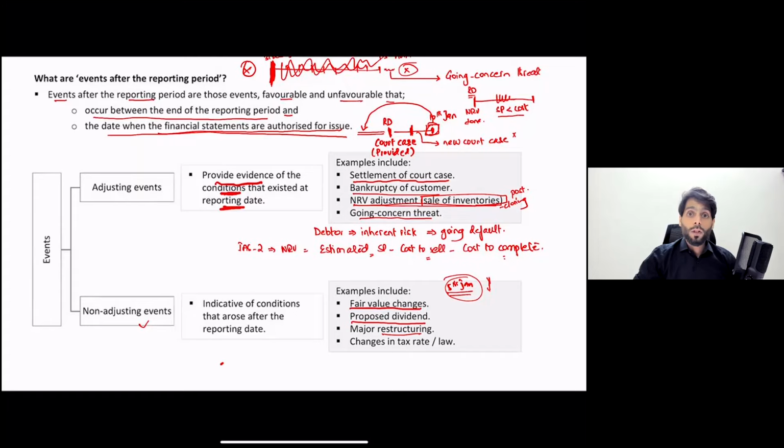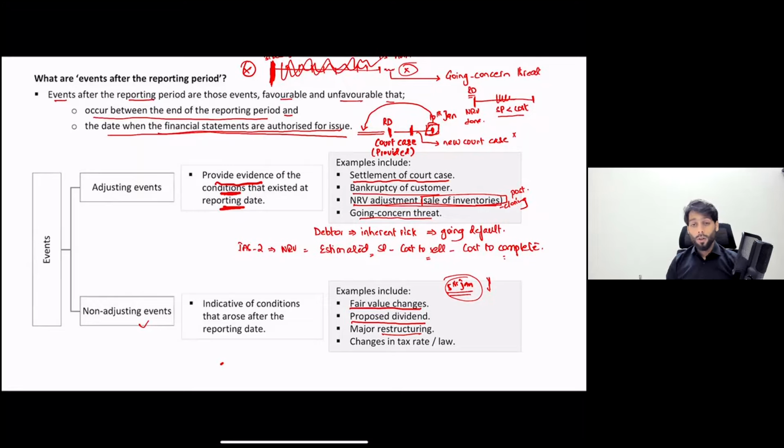Now in that case, if it was already known, if it was evident, if the conditions had been met within the reporting period, IAS 37 would have already been applied. Here we are talking about those types of restructurings that are planned, announced and implemented after the reporting period. If a restructuring happens after the reporting period, it affects your subsequent periods, not your previous period. For that reason, restructuring is always taken as a non-adjusting event. Again, your future periods are affected, not necessarily the year before. All right, so it is a non-adjusting event.